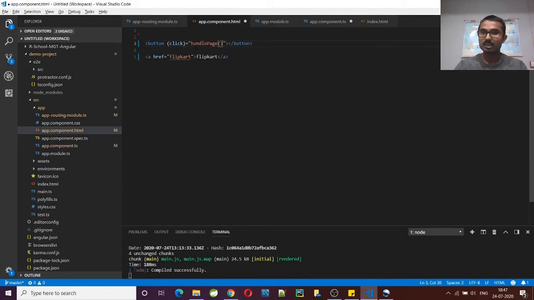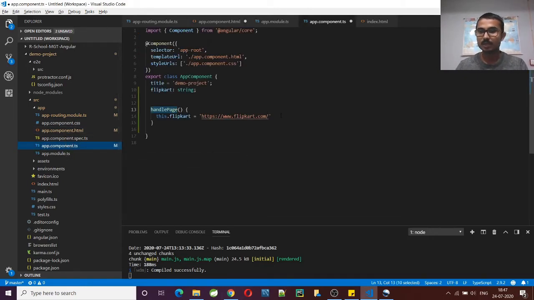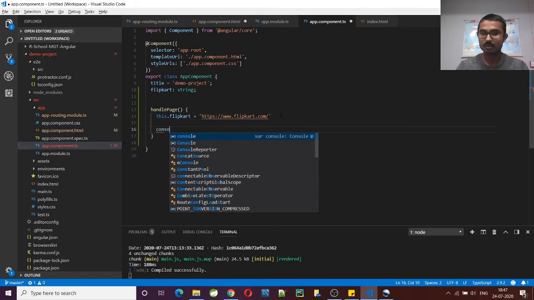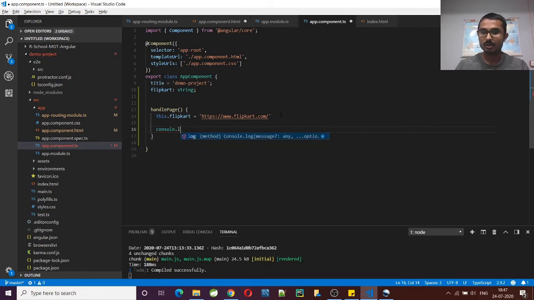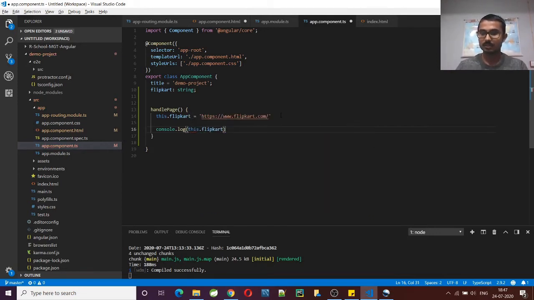Whenever I click on this button, I want to call this method, and on calling, the method will be invoked, and I'm trying to print this Flipkart value on console.log, using this.Flipkart.